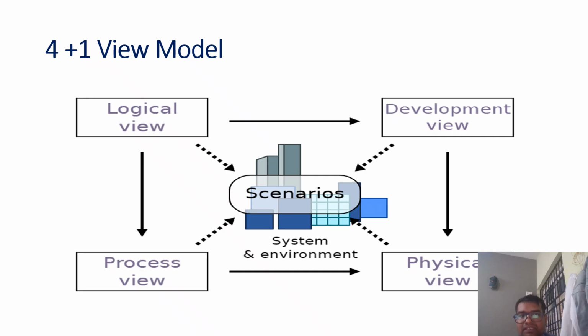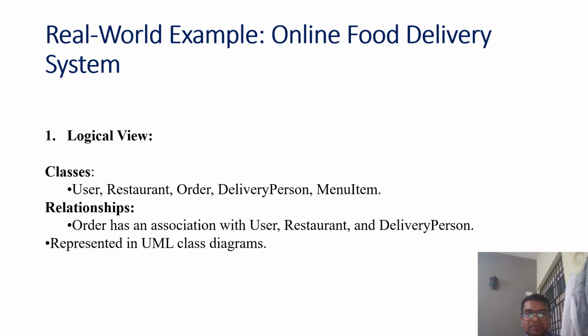Okay, the first one is the logical view. We have four categories: logical view, development view, physical view, and process view. If we talk about a real world example, we can consider the online food